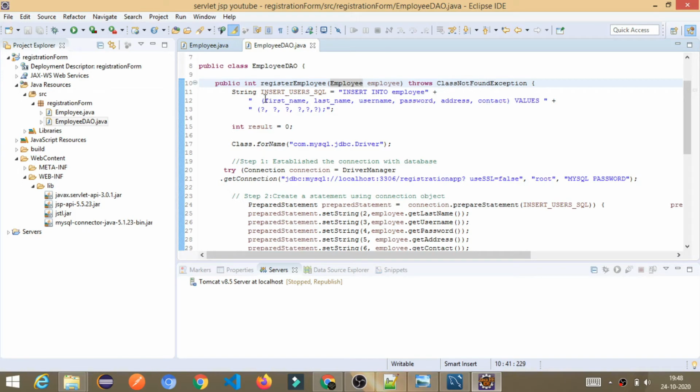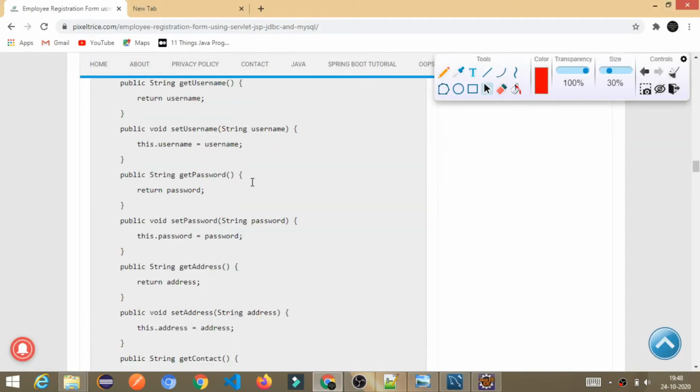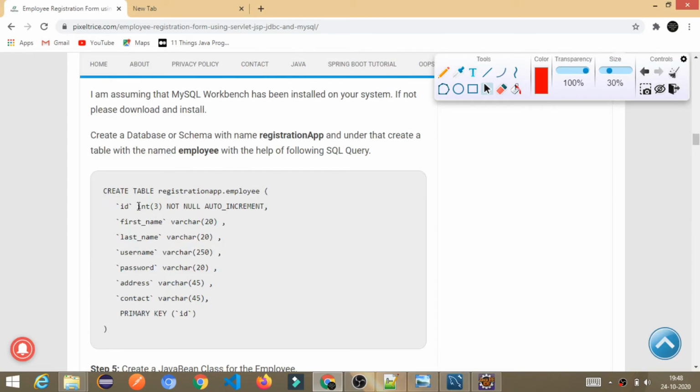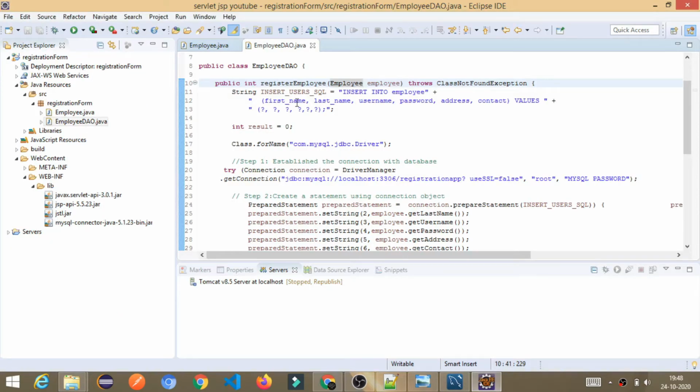Make sure you do not specify the ID here, because in the query we executed, ID is a primary key and it is auto increment. It will automatically increment one by one when you store multiple employee details. That is why we are not specifying the ID here.